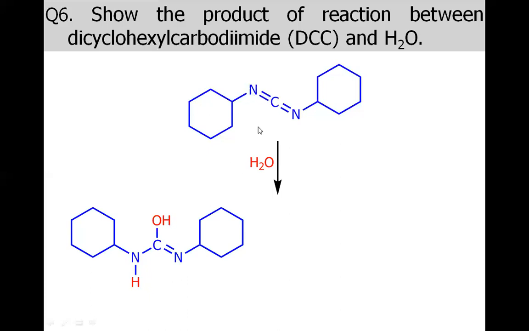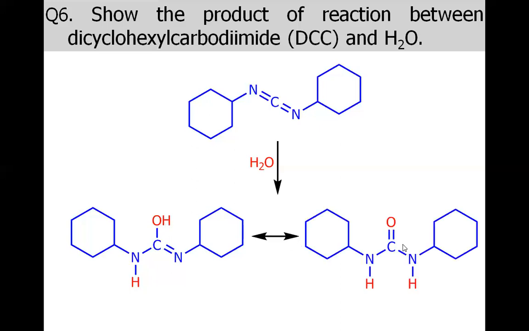So if you compare the starting material with this product, it's simply a hydration. OH is added to this carbon and H is added to this nitrogen. And if you look at this part, the C-OH and the C double bond N, it's a tautomer basically. If you simply move this pi bond here between the C-O, the H will move. As a result, the H will move here, and we will have the amide bond from the right-hand side and another amide from the left-hand side.